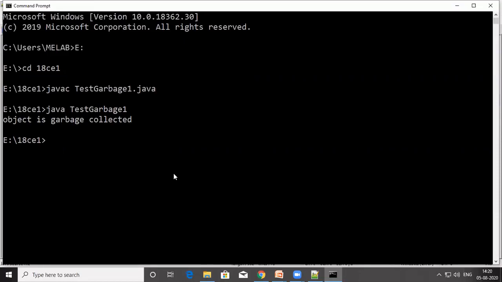So this is the example which shows how the finalize method is called, how the GC method calls the finalize method, and how garbage collection works in Java.